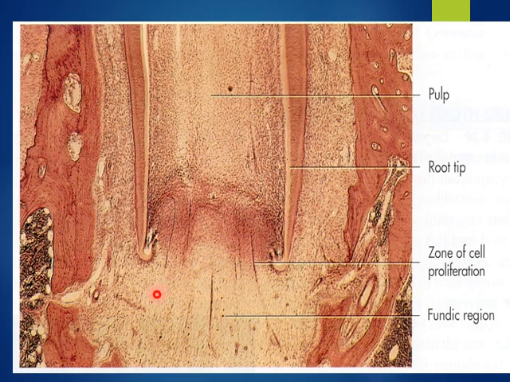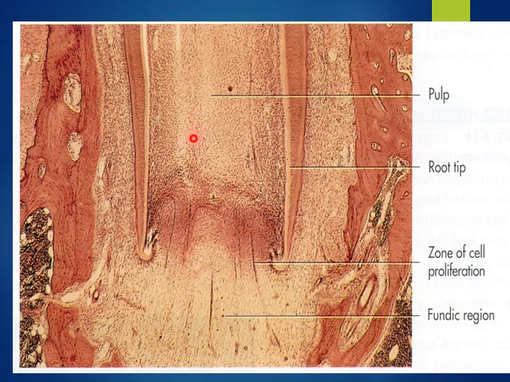This is the area below the erupting tooth. This is the root, and this is the pulp. This is the epithelial diaphragm, and this is the apical foramen. This area is called the fundic area. This area below the tooth is called the fundic area, which is like a space left below after the tooth